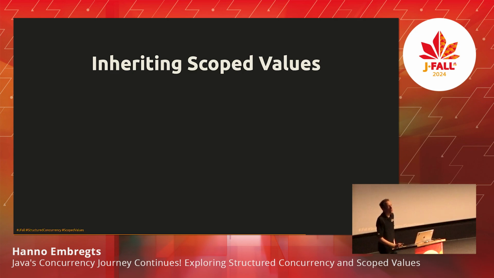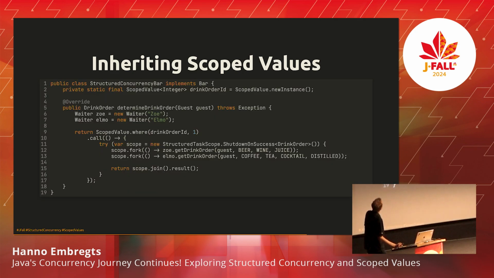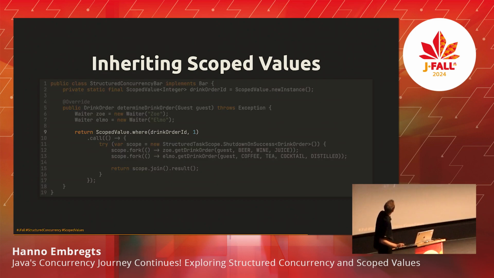And this is one of my favorite features because scoped values and structured concurrency work together here. If you want to inherit scoped values, you can, right? So if you combine a scoped value like here, drink order ID, we set it to 1, then for the entire call method, or for the entire lambda inside the call here, 1 is available when you refer to drink order ID. But also, these threads that are forked here, by means of structured concurrency, the value is propagated, inherited. And the reason why this works is because with structured concurrency, we can be sure that these threads terminate within the scope. So we're sure that they're not spawning off new threads that are outside of the scope.